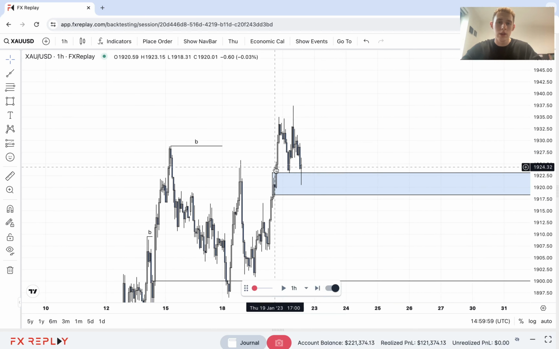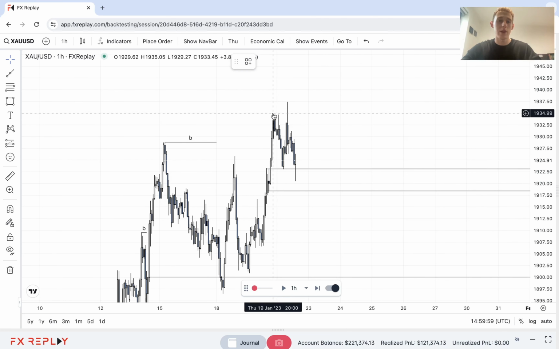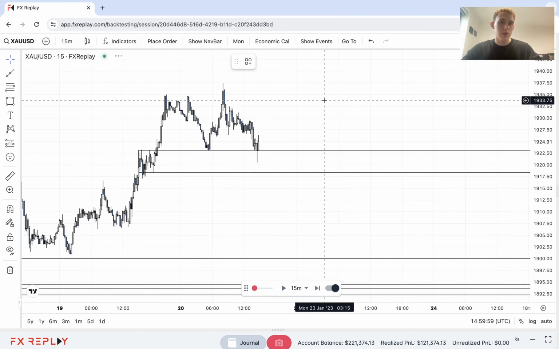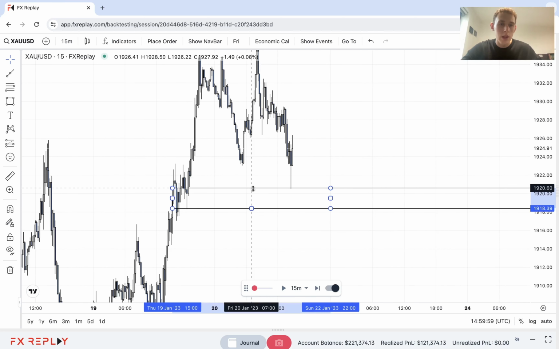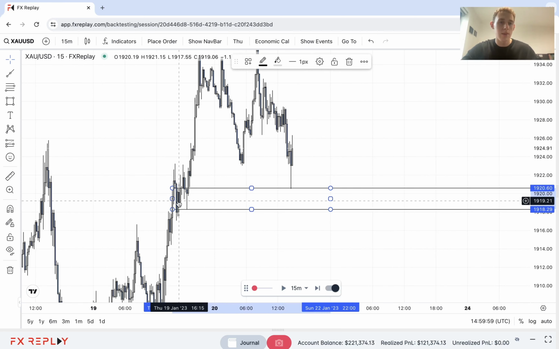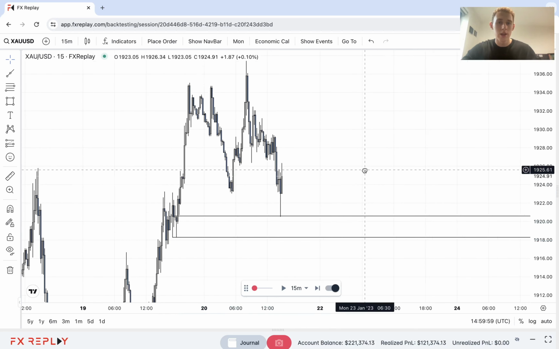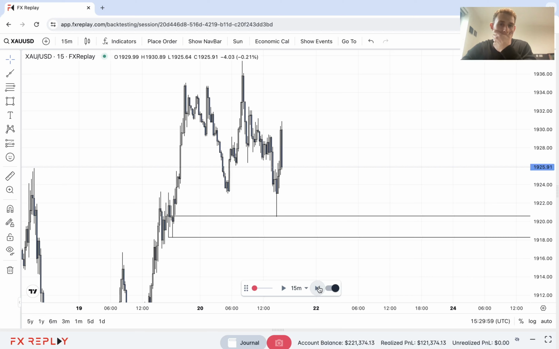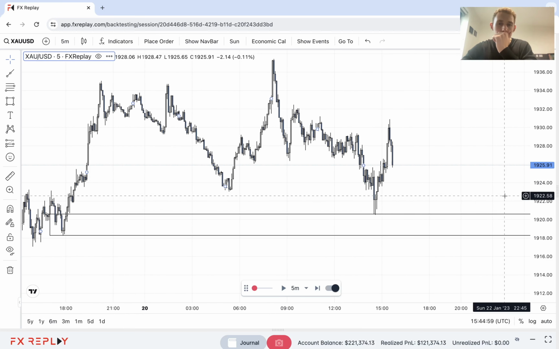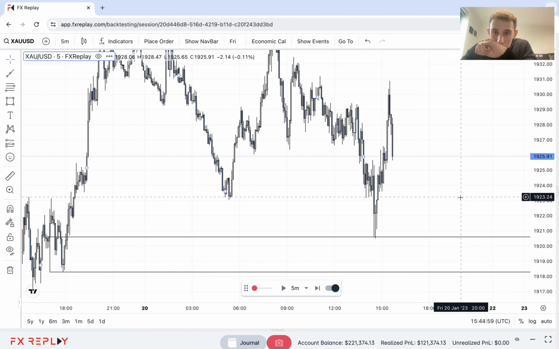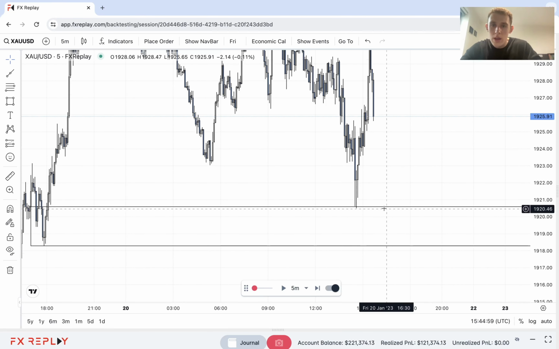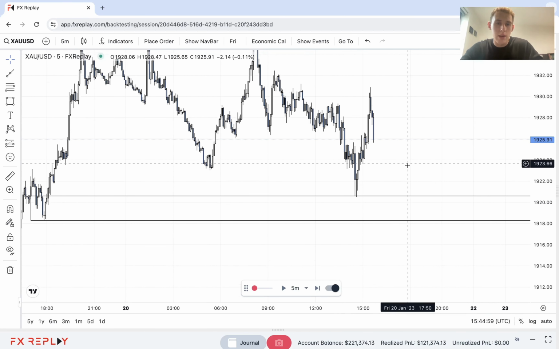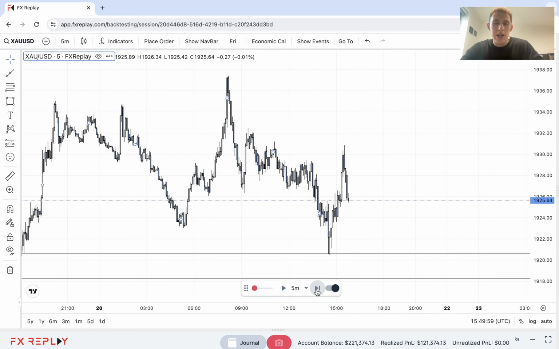There we go. This demand is still valid. I'm seeing this as an inducement since we swept liquidity to the upside. So it depends on how price reacts within this level, really. We also mitigated this refined zone as well, sweeping this liquidity. This I wouldn't count as demand, and we haven't really had any breaks either, so